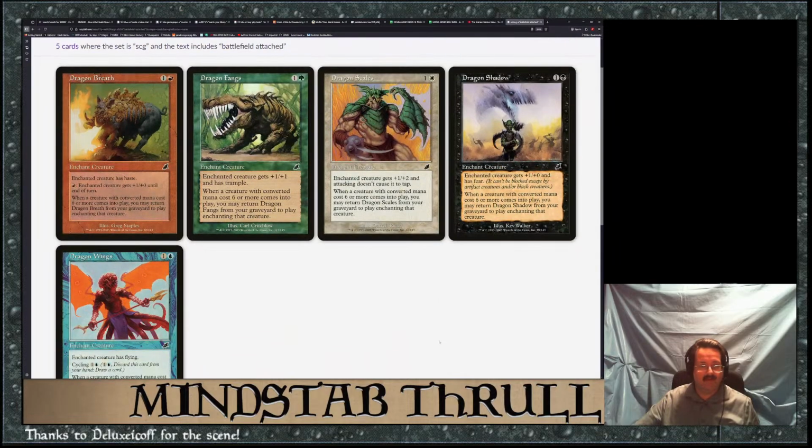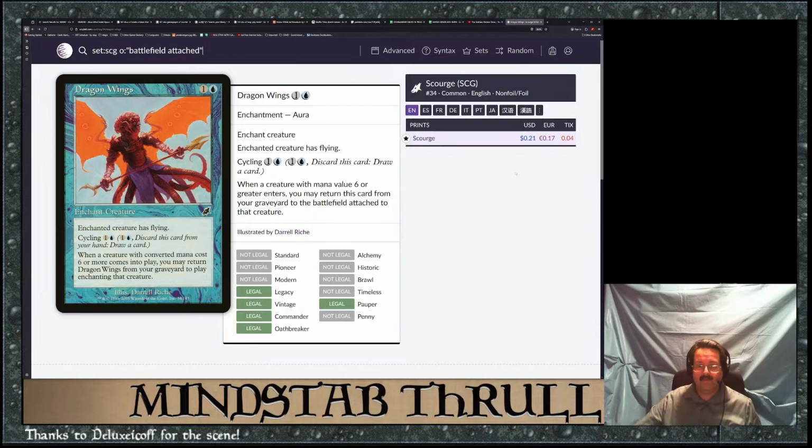I don't know if we'll cover the others or not, but just quickly, the black one gives +1/+0 and Fear, which is can't be blocked except by black and/or artifact creatures. Red is Haste and Fire Breathing, which was relevant for a bit in Vintage because it came into play from the graveyard and gave haste. Dragon Fangs, +1/+1 and Trample. But Dragon Wings,